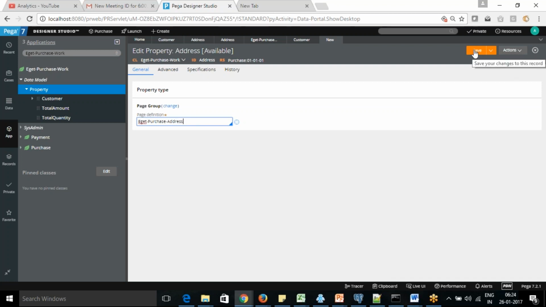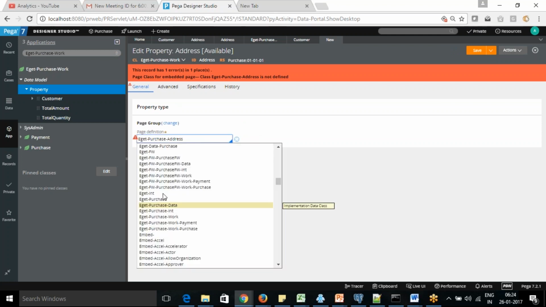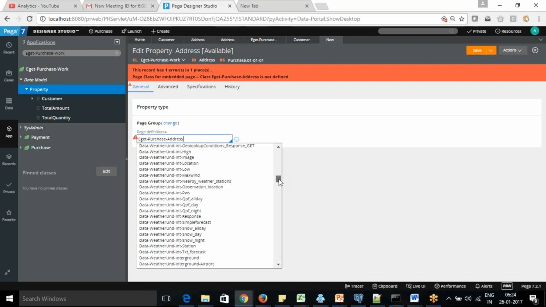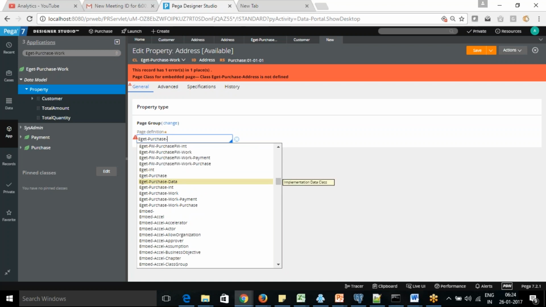Creation of a page list, page group or single page is the same. Sorry, it should be get data address.